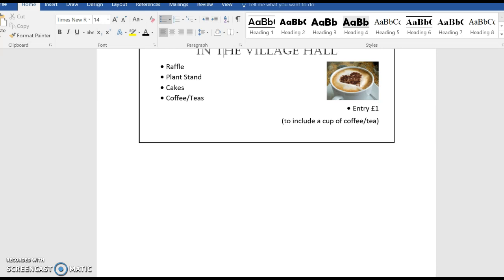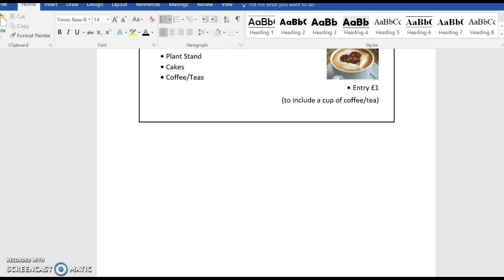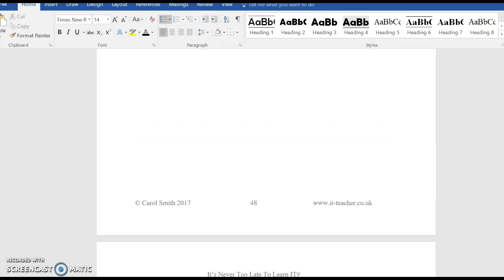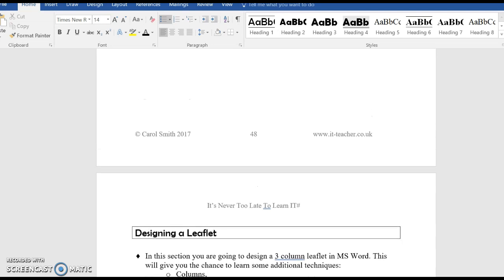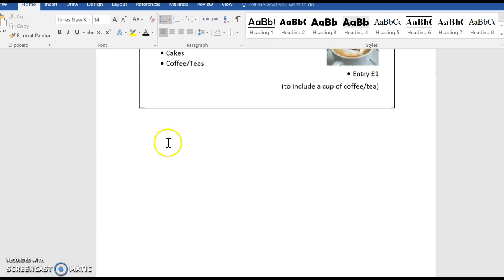So, for example, if you want to start the next bit of text, as I have on here, on the next page, the simplest way, or the safest way to do that is to use a page break, because if I now go back to the previous page and I type something into this blank space, I'll just type any old thing,